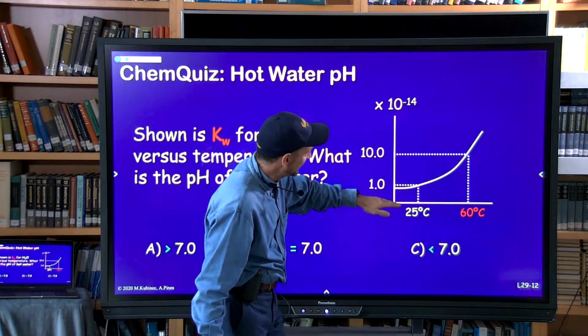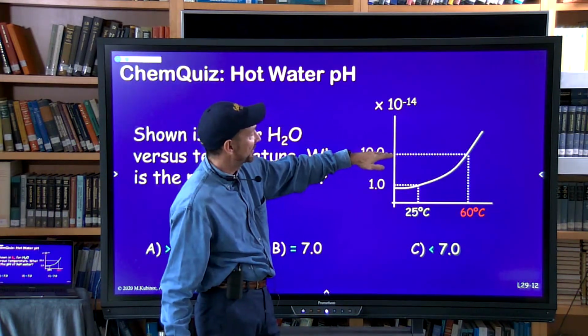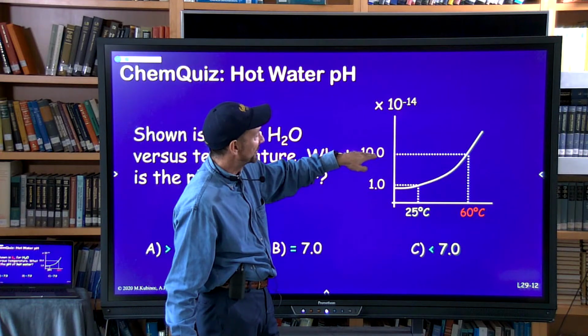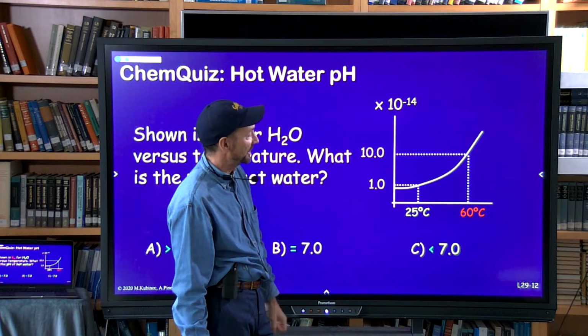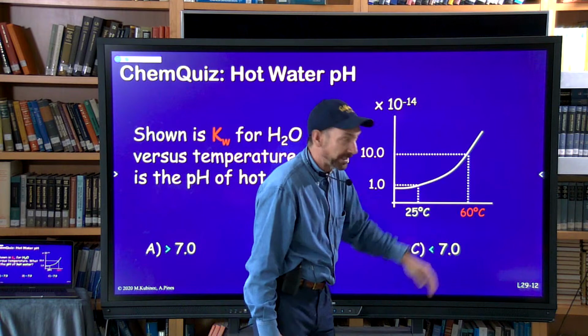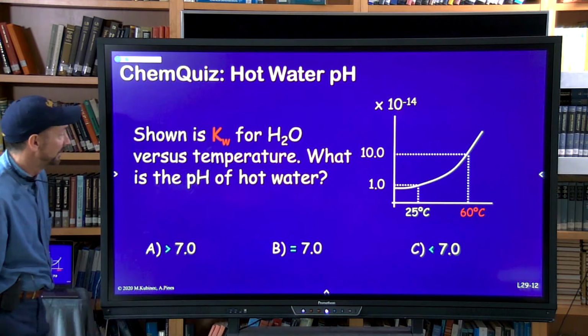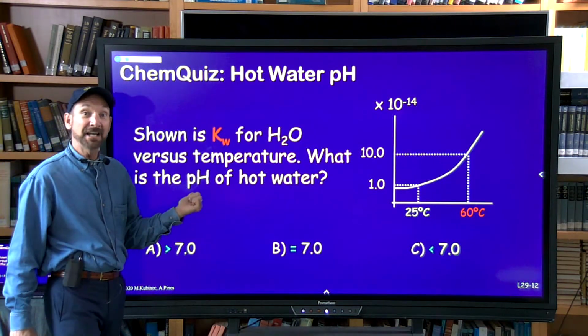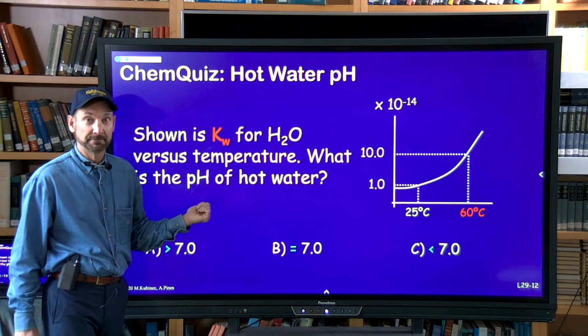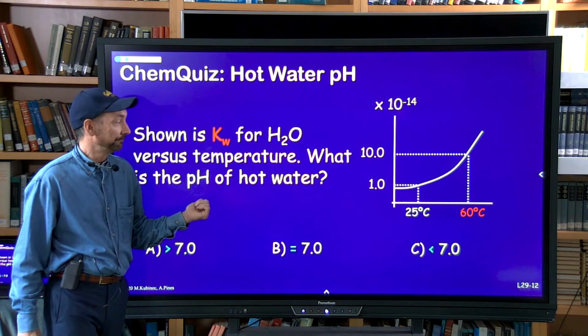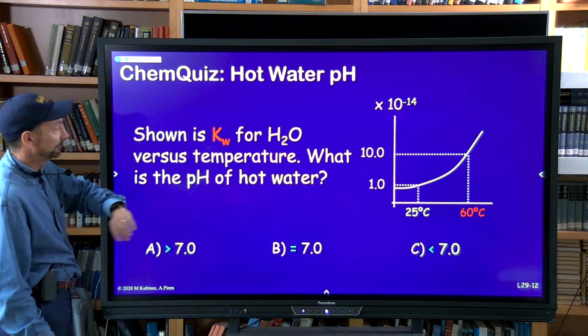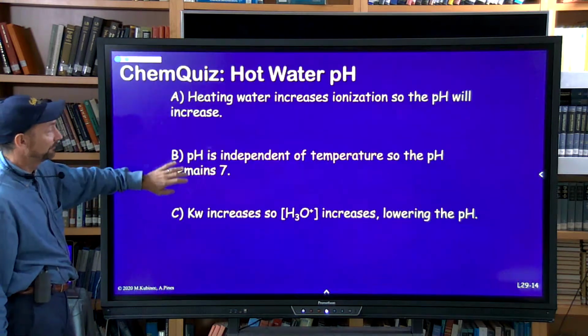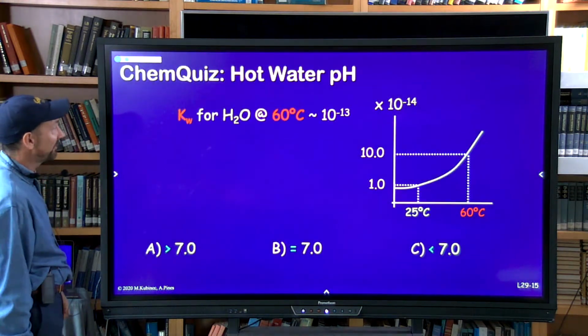And you can see, go up to 60 degrees, it increases by a factor of 10. So it's 10 to the minus 13 here, it's 10 to the minus 14 there when I get up to 60 degrees. So what's the pH of hot water? Let's talk about it together. The pH of hot water,